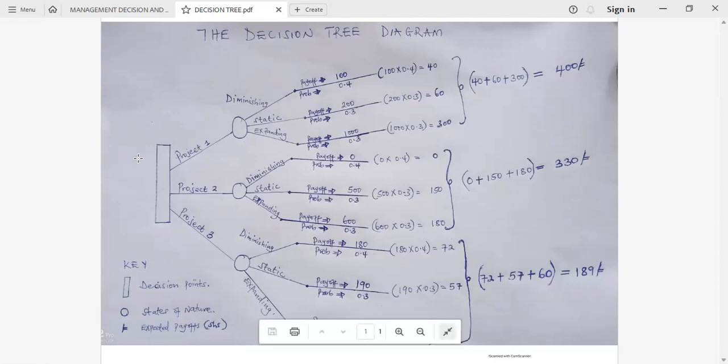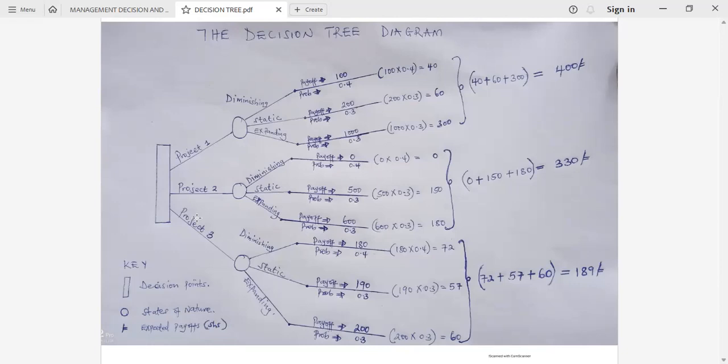So we start by drawing the decision, the box that will represent the decision point. And this decision point is going to give us project 1, project 2, and project 3. Those are the 3 different alternatives that we have. So after showing those different alternatives, we have to see that each alternative has its own